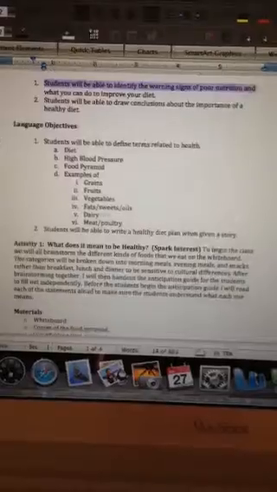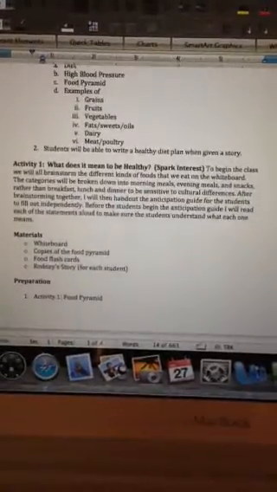Okay, so the first thing I want everybody to do is, as a group, we are going to brainstorm some things that we eat every day. It can be anything. We can talk about the things we eat in the morning, the things we eat while we're at school, the snacks we have after school, the things we eat with our families when we come home for an evening meal. So we're going to take about 5 minutes and we're going to brainstorm some of these ideas.